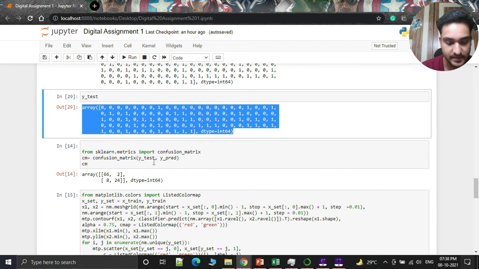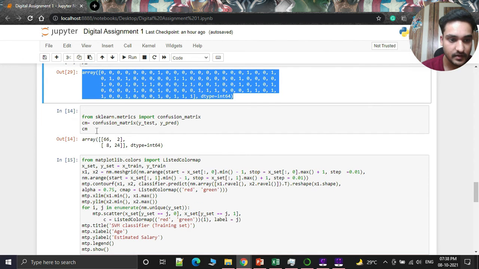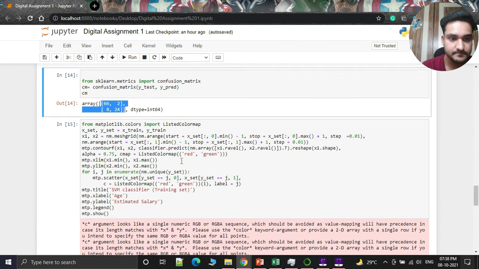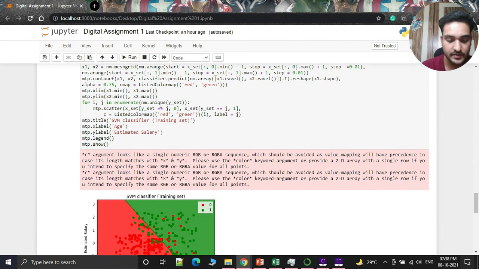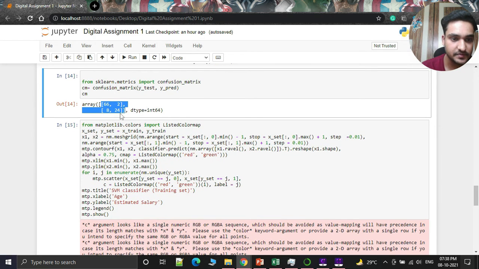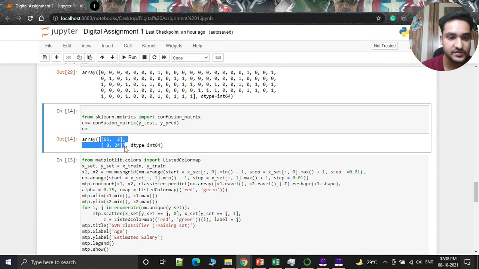For comparing, we create a confusion matrix using the sklearn library, and this is the confusion matrix. Now we can see that 66 plus 24, that is 90, are the correct predictions, and 8 plus 2 are the wrong predictions. We can draw a conclusion from this confusion matrix.